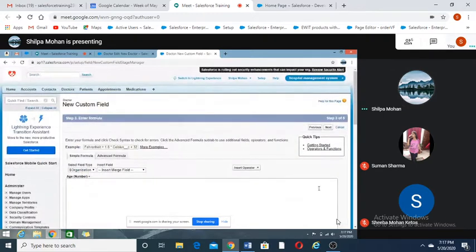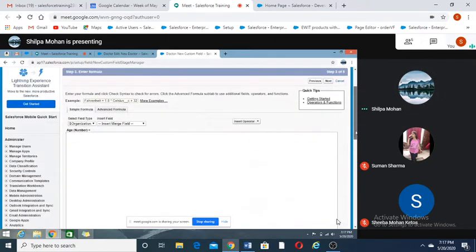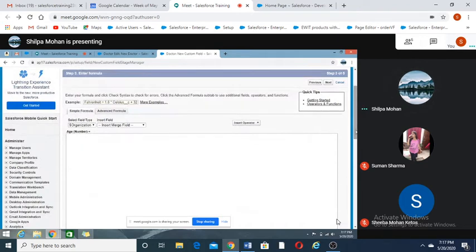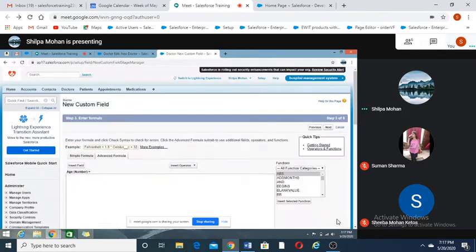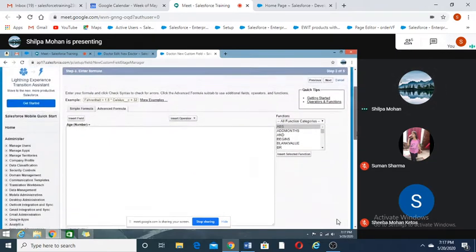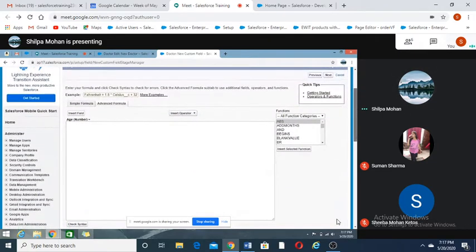Now in this, select advanced formula. On the right side you will see functions, right? Scroll down and find the today function. Now click on insert selected function. Today minus.